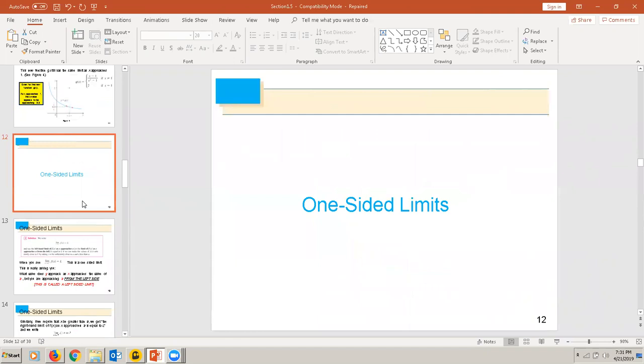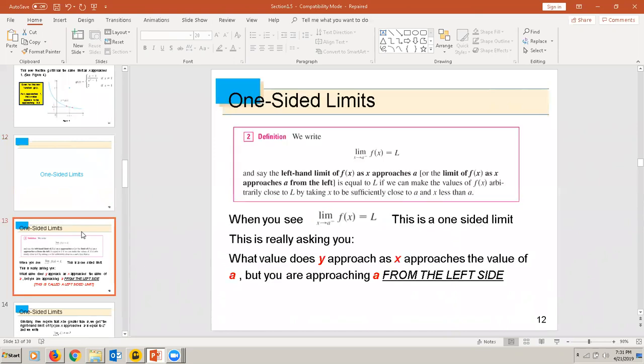All right, well, in the examples we were just looking at, we were kind of looking at what happens as you approach x from the left or from the right. But we can also approach just from one side. Let's say I just wanted to approach its value from the left or the right side. We call this one-sided limits. And here's the notation we use. When you see the limit as x approaches a, with a minus sign as that superscript,